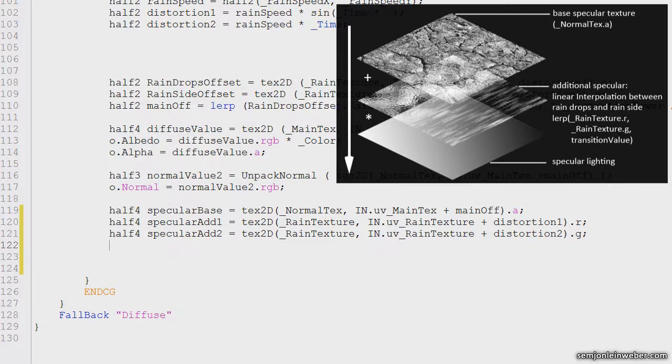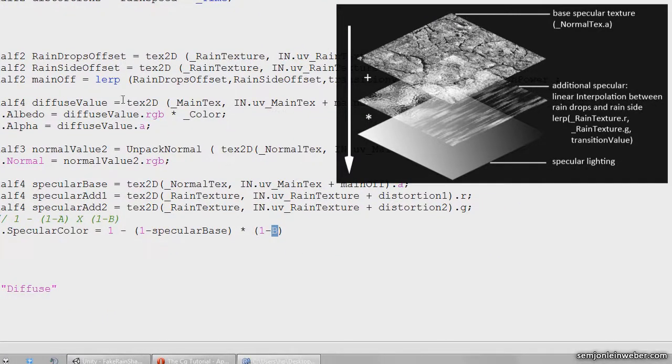Mathematically, we just calculate A inverted multiplied by B inverted, and the product is also inverted. It's the same method as the layer effect screen from Photoshop. We only increase the positive values with the same amount of different textures. Let's write this in the output of the specular color, where A is the base specular and B is the additional specular,